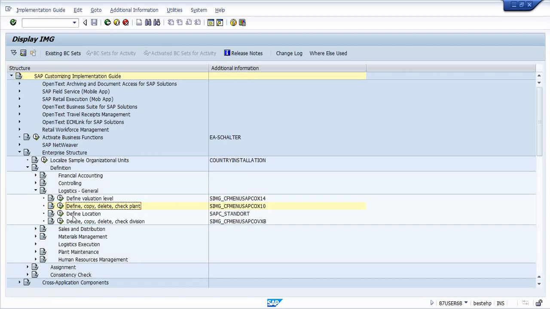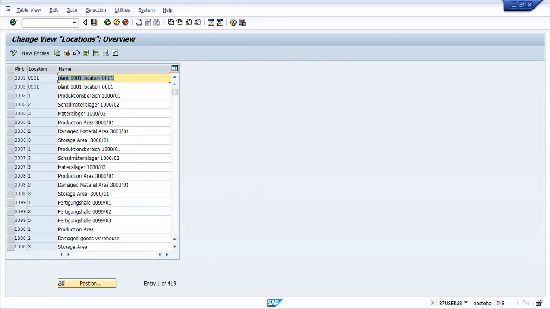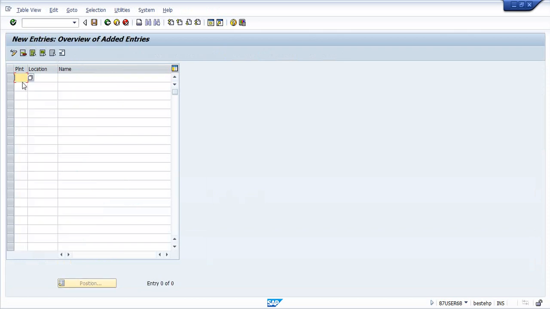Now what is the location of this plant? Click define location. New entry. The plant is PI00, location is Gurgaon. And another plant is PI20.